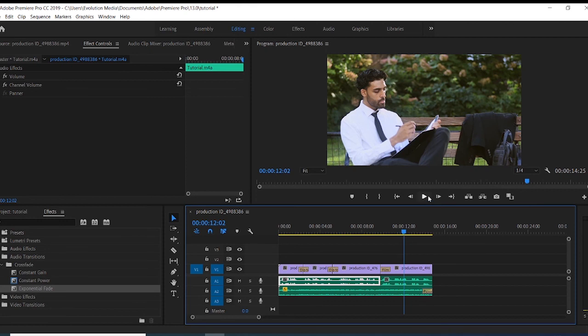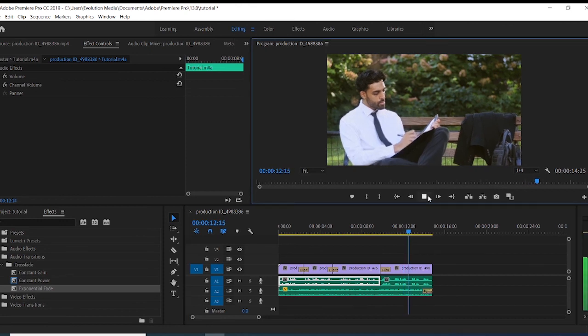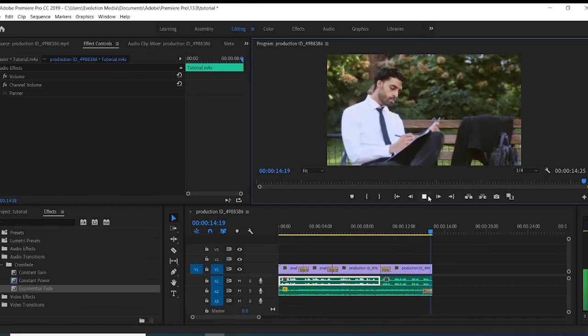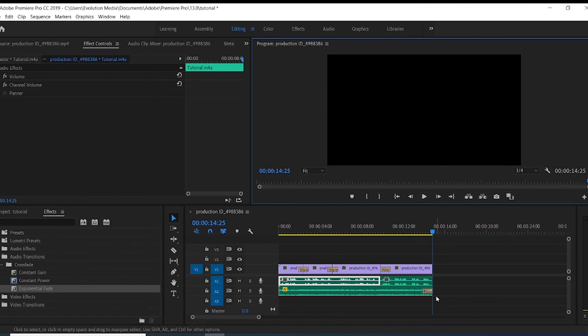So if you look at it here, you see how it's going to fade out. You see, that's what we have. So the video stops here, everything stops together. But if we have something else here, it wouldn't stop here, it will still play, but we have a blank here. So that is it for video editing. These are the basics that you need, and you can actually follow these steps to do whatever it is that you want on any video.